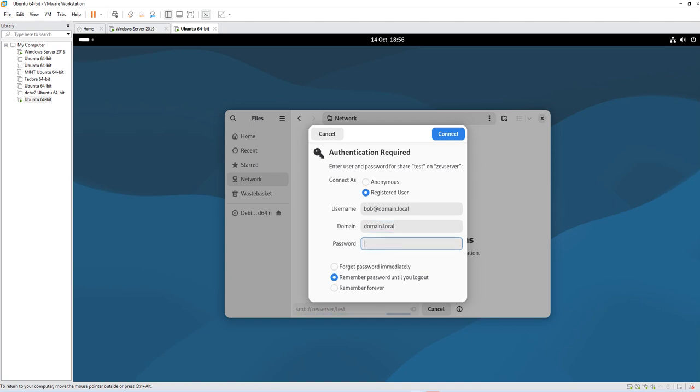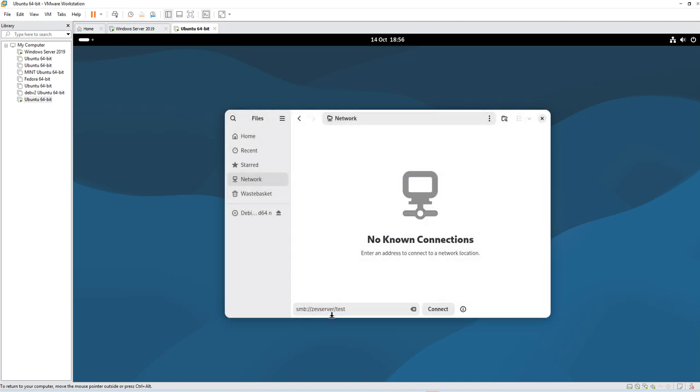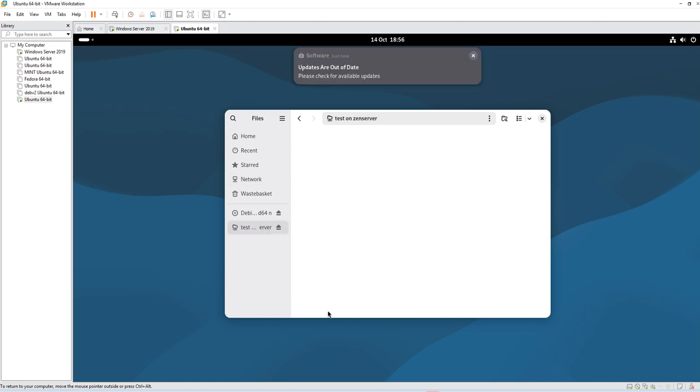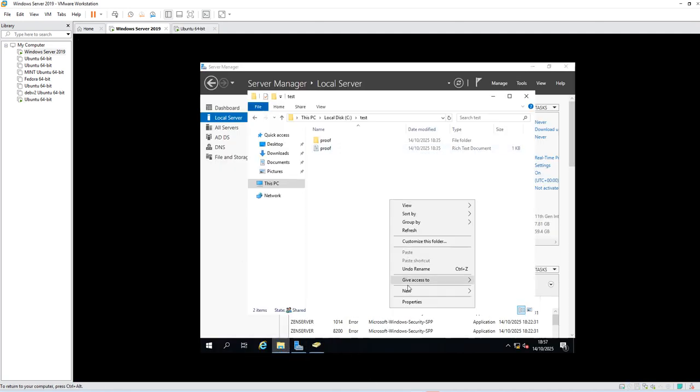Domain.local, password 1 exclamation. Okay, did I do something wrong there? Oh, I did a typo there, see it? It's smb://Zen server/test, and I've logged in, and on my server you'll see I put in there,